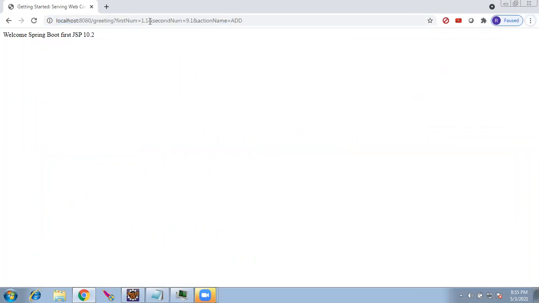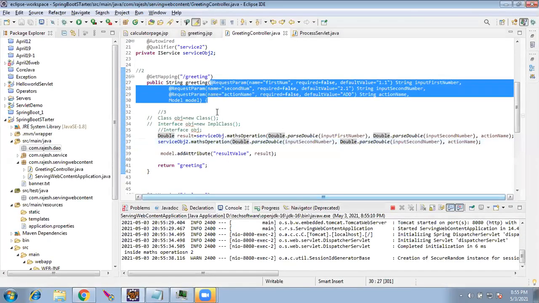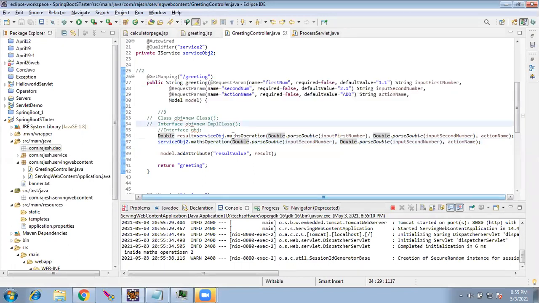So it is working. So we are sending this first number, second number, and third number. 3 inputs we are passing, and it is a doGet. Here we retrieve all the 3 values, and we call the method.